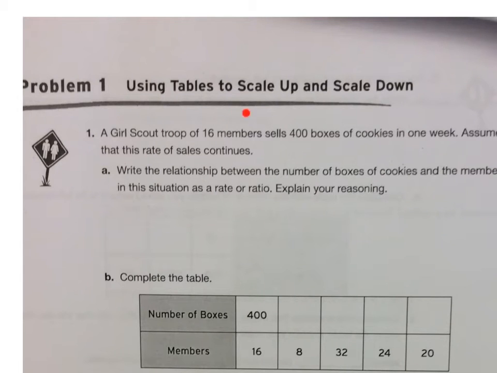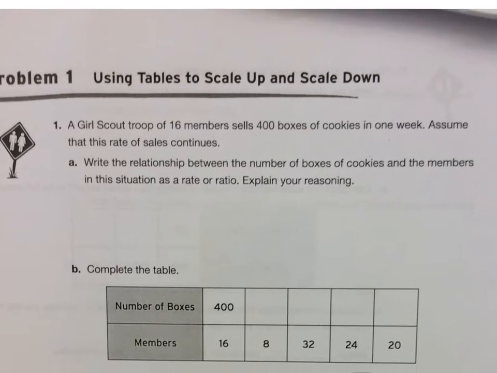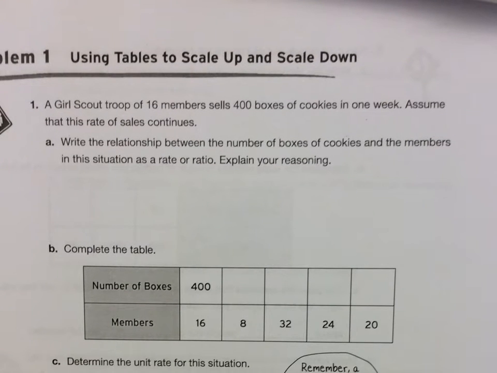In this lesson, we're just going to look at using tables to scale up and scale down some ratios. The first problem here: a Girl Scout troop of 16 members sells 400 boxes of cookies in 1 week. Assume that this rate of sales continues. Write the relationship between the number of boxes of cookies and the members in this situation as a rate or ratio. Explain your reasoning. So my thoughts are, I have 16 members